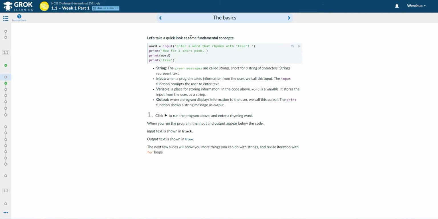Let's take a quick look at some fundamental concepts. These talk about what a string is. When you have quotation marks and it's in green, it's a string. What's an input? It's when a program takes information from the user. We call it input, and the input function prompts the user to enter text. So when we run this, that bit asks the question,